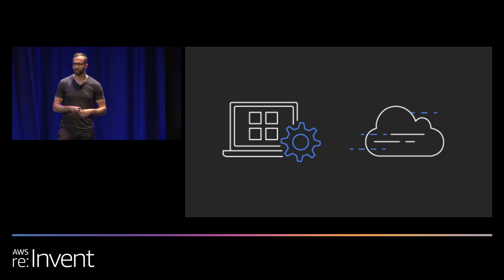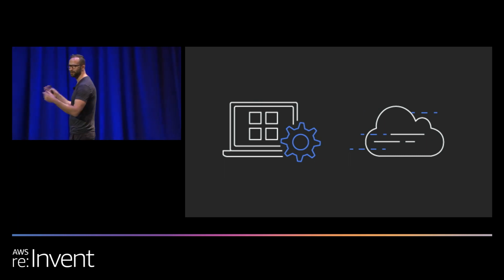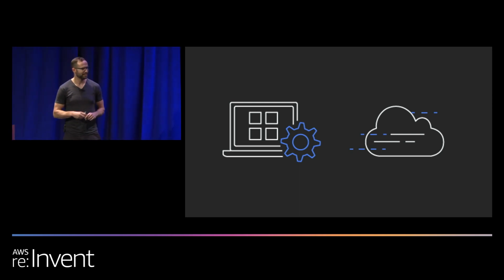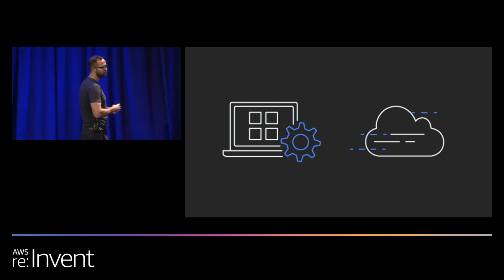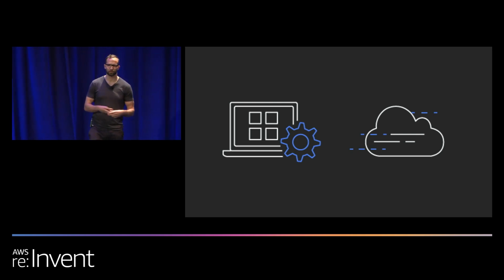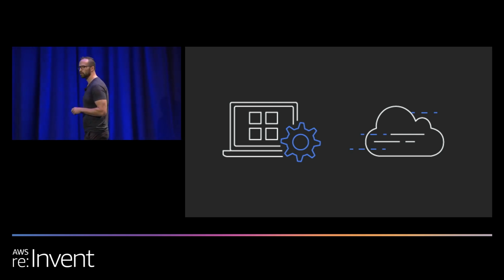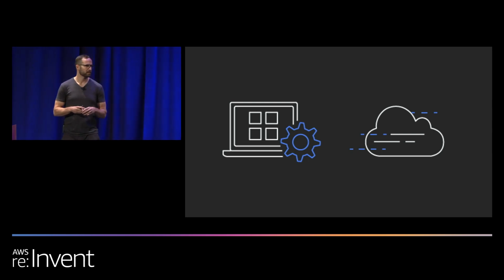So for the last 2.5 years, I've been with AWS. So I was super stoked I could migrate a lot of that stuff off to the cloud and get rid of all of my on-premise hardware. And I know a lot of you are going through the same process in your production. It's not always as easy. Plus, there might be reasons why you might still want to maintain some of the environments on-premise. So with hybrid connectivity, we want to make sure that connecting your on-premise environments back to AWS is as simple